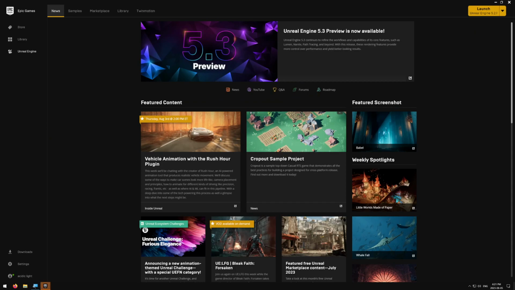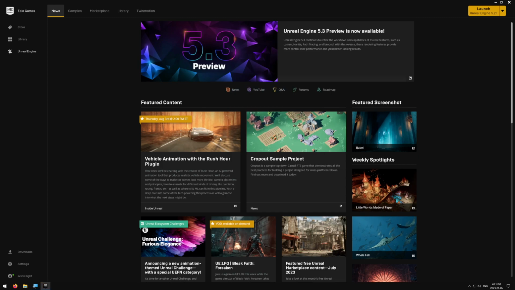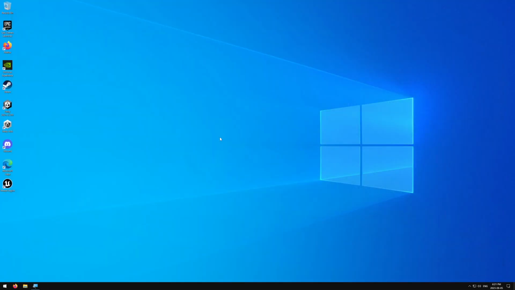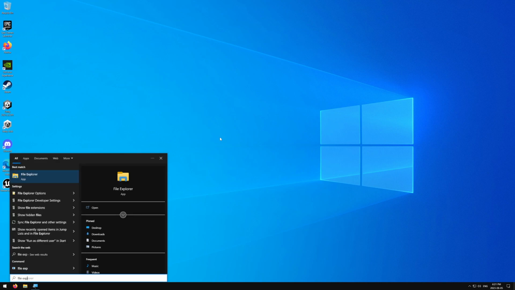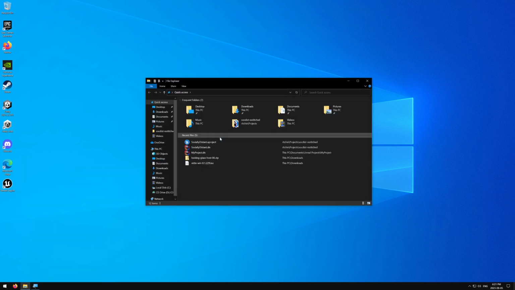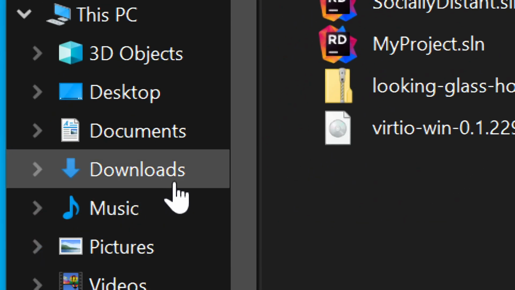Cool. Alright. No, I don't want to shut down Windows. I want to close Epic Games. So, let's try a little different. Let's go into File Explorer. I bought a new keyboard, by the way. I'm still developing muscle memory for it, but,